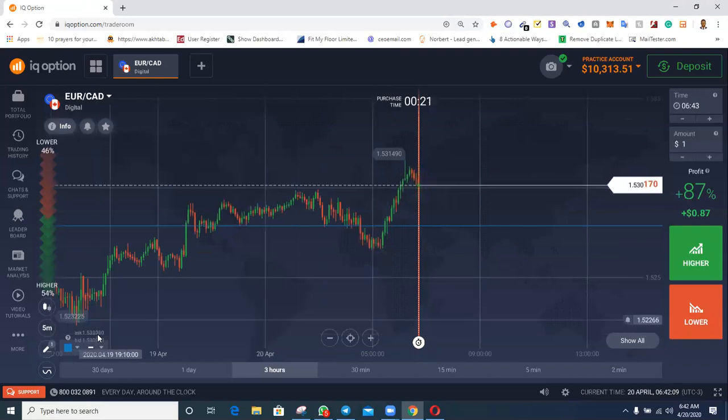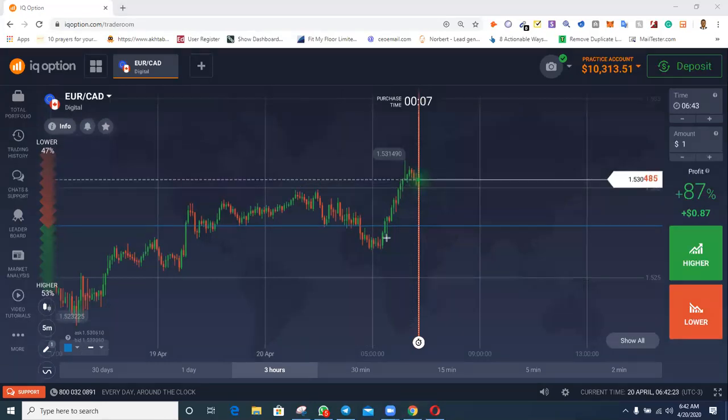I don't know if this has something like a drawer, a pencil that I can use to draw. Something like a pencil. Okay, let me try this. Okay, now look at this area here. See this area? This area, this area, this area. Another thing you need to understand is that support is not just a line, it's an area.